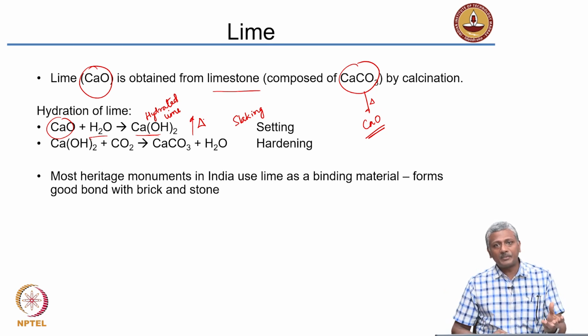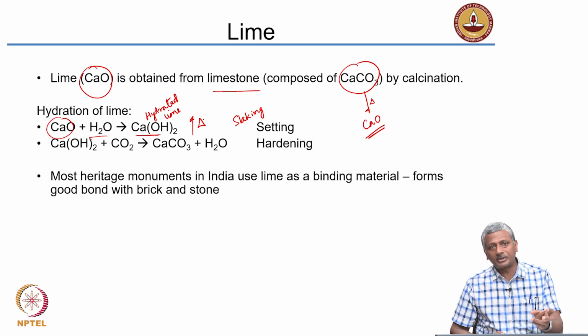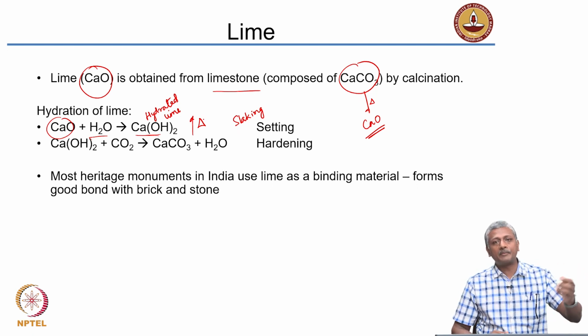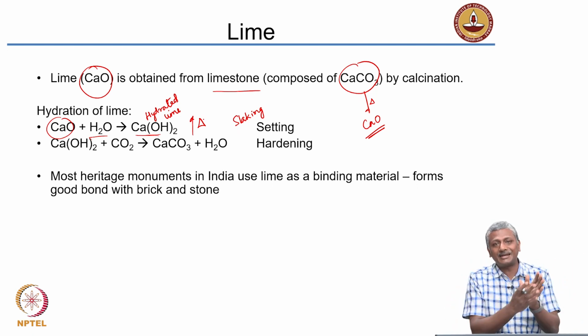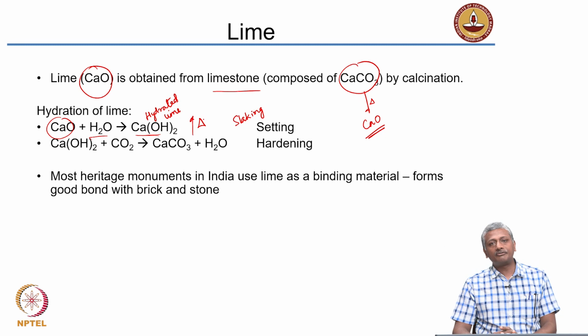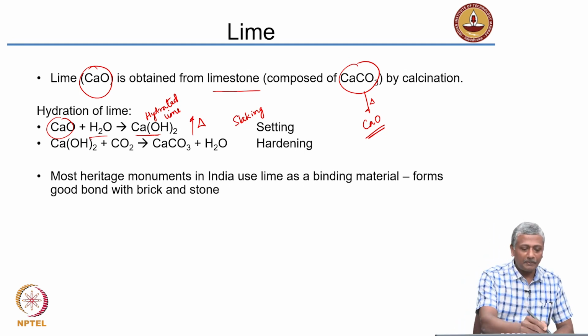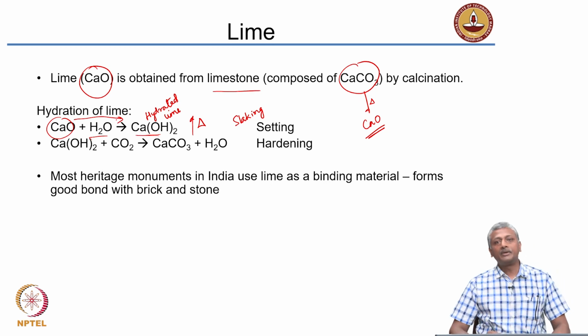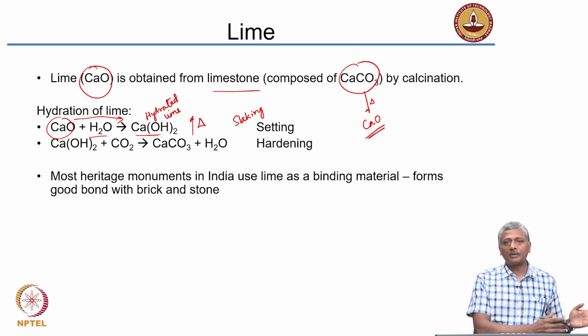So, if the lime has not been properly reacted with water and you use it in a structure, what may happen is it may absorb some water and start reacting inside the structure. And when it does that, the heat that is generated may result in some cracking and related failure in the structure. So, you have to convert the lime completely into hydrated lime in the beginning itself before you use this in construction, otherwise you will have a problem. Okay? So, hydrated lime is what we need for construction, not pure lime or quick lime.